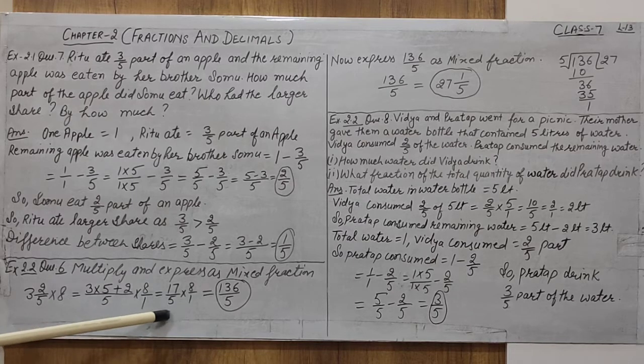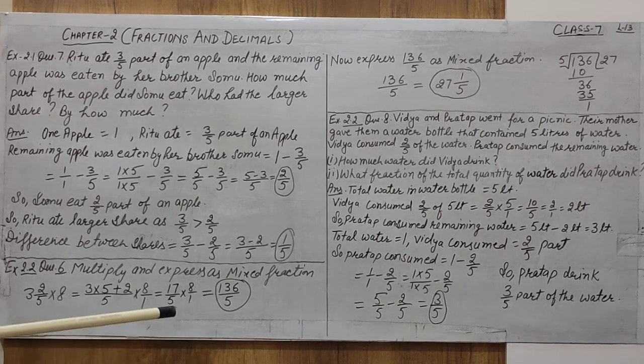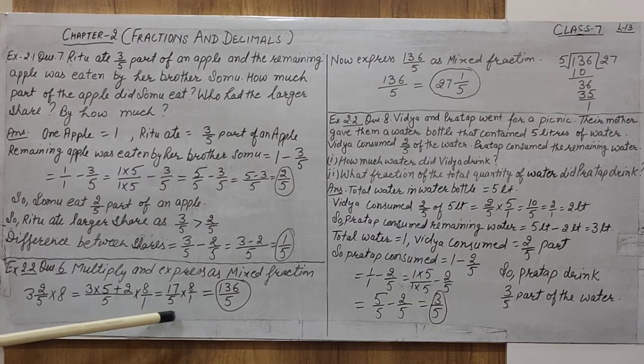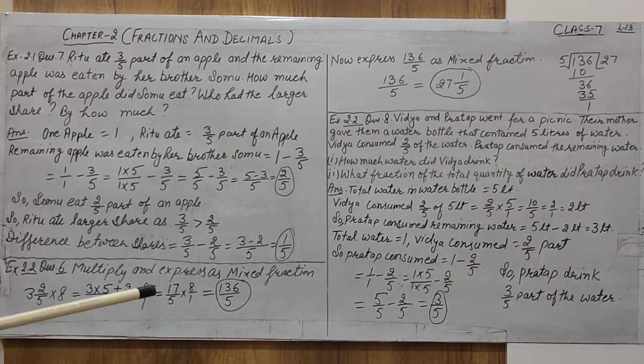You must understand how we can multiply two such numbers which are both fractions. Alright, these two are fractional numbers. That is multiplication of a fractional number with a fractional number, and both are improper fractions.